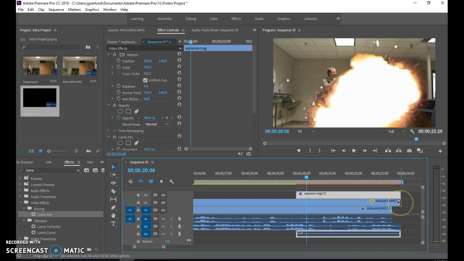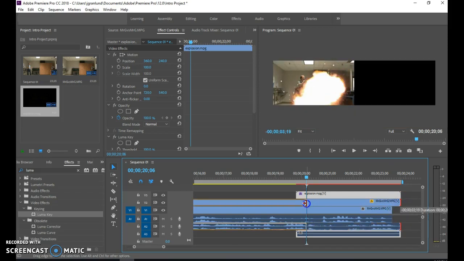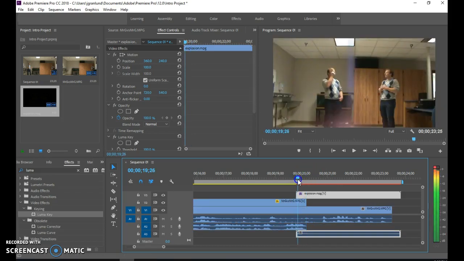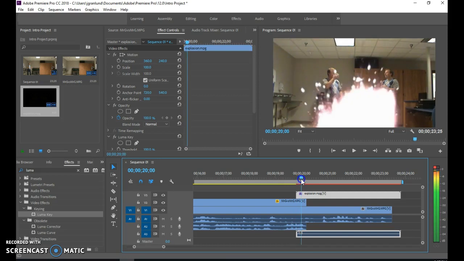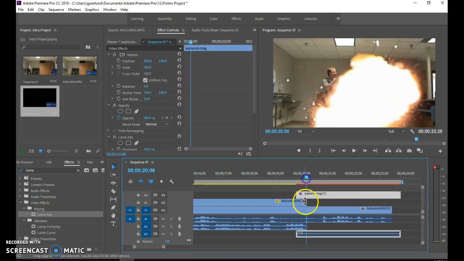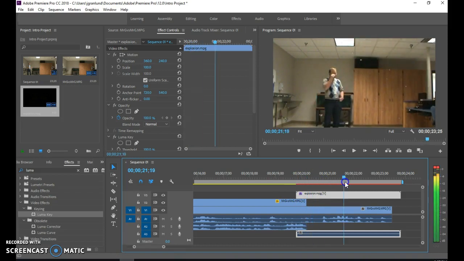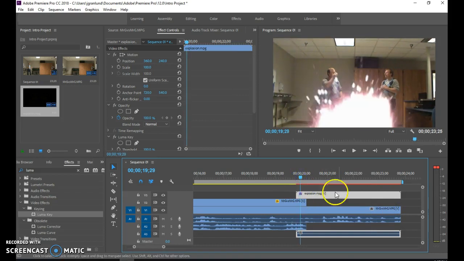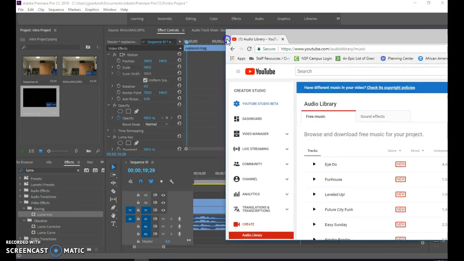Now I'm going to move this edge of the timeline back till it meets the line. So now what we have is the explosion starting. When it covers me, that video track stops, and then I'm gone. Now again, to cut out all the black pixels from this explosion, we're going to use the effect called Luma Key. Now this effect isn't quite done yet. Let's hop on over to